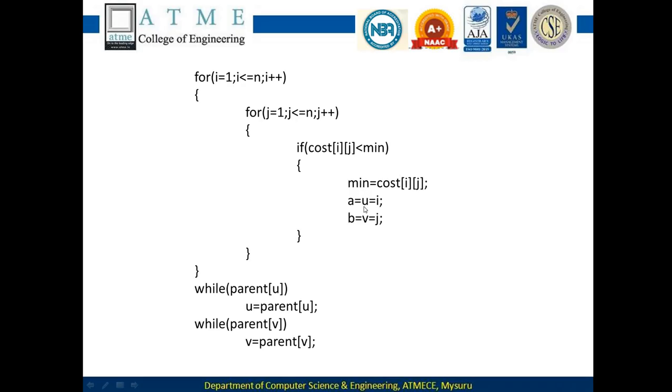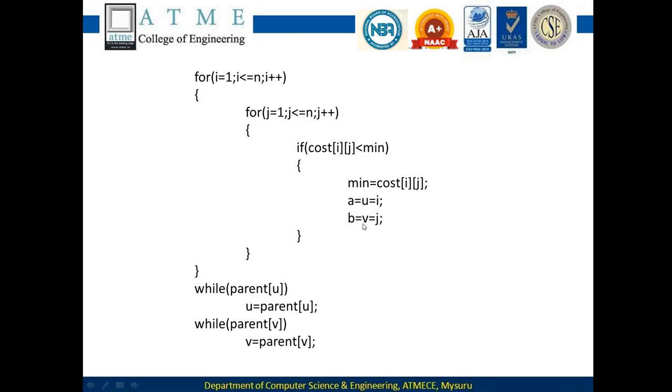Now a = u = i, and b = v = j. Here you are setting up to identify which particular node we are traversing, the vertex and the edge we are traversing, that is the source and the destination at that point of time. So we initialize it to that particular vertex. Once we are done with all the vertices and edges and identifying the minimum value, which will be stored in the u and v index,